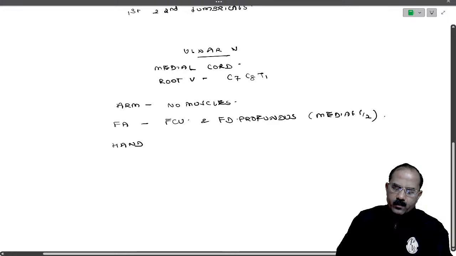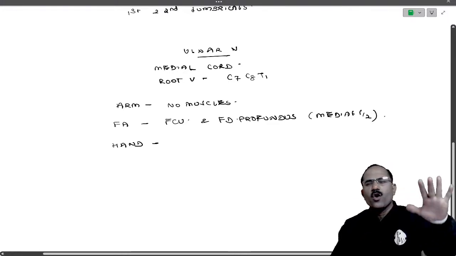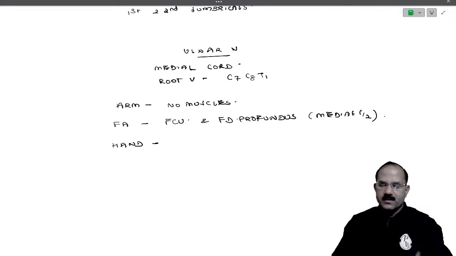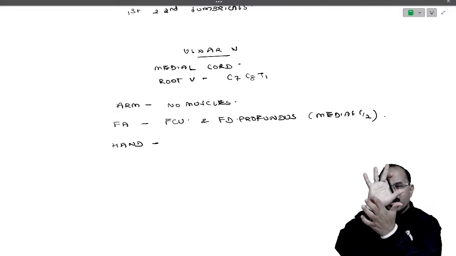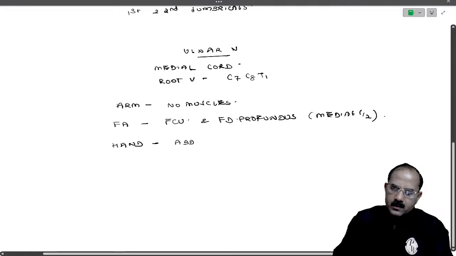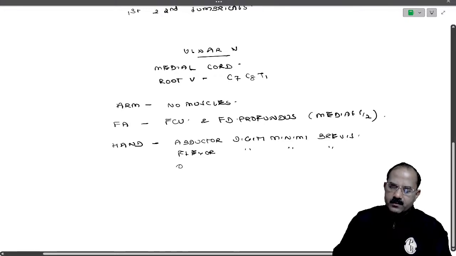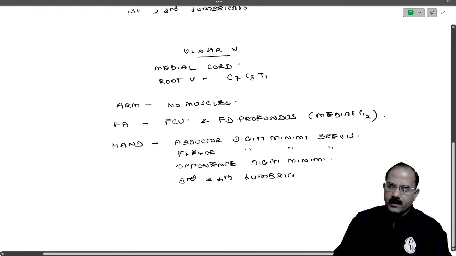Now in the hand, what are the muscles supplied by ulnar nerve? Ulnar nerve supplies many muscles in the hand, 15 muscles. Among them, the 3 muscles of hypothenar eminence: abductor digiti minimi brevis, flexor digiti minimi brevis, opponens digiti minimi, then the third and fourth lumbricals,